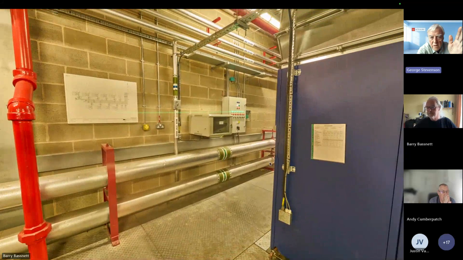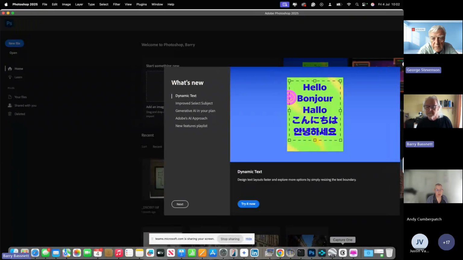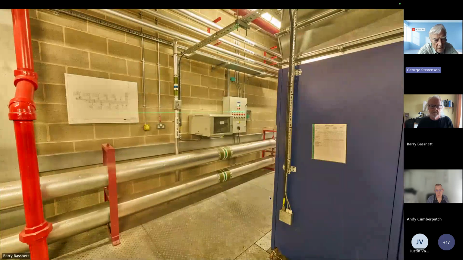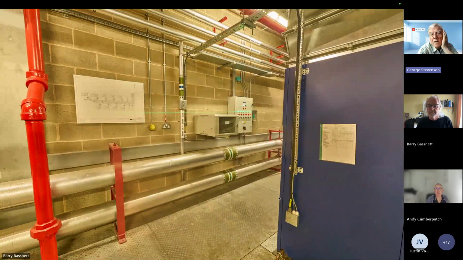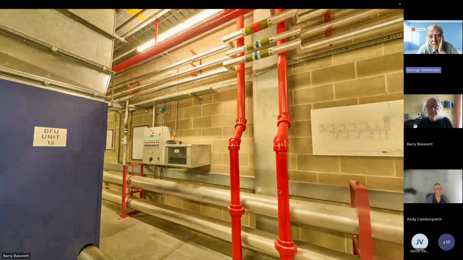Yeah. So as far as Watney Market's concerned, we're going to be going out to procurement in about probably a month's time to actually get the scanning done, and we're then going to do 360s of the internals, and then turn that into asset information, which is then going to go into the rest of the Tower Hamlets portfolio. We've got 60 odd buildings that we've already had done. Ridge did the scans, and